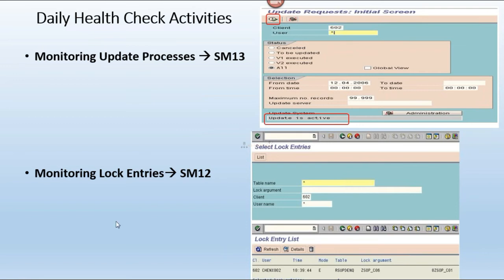First of all you need to take confirmation in all the areas, at all the levels. Then only you can delete this lock entry. Without that, you should not delete the lock entries in SM12 code. That is particularly for production systems.